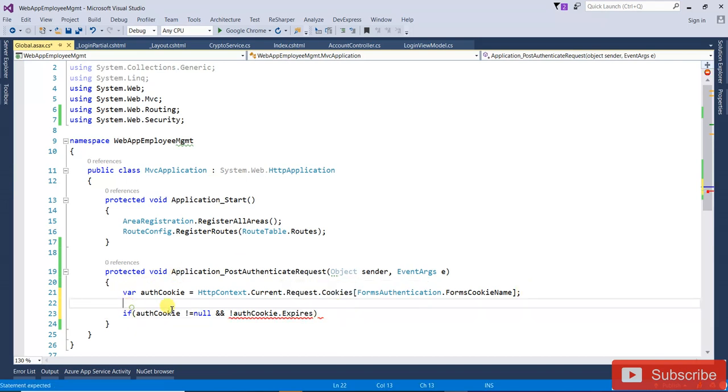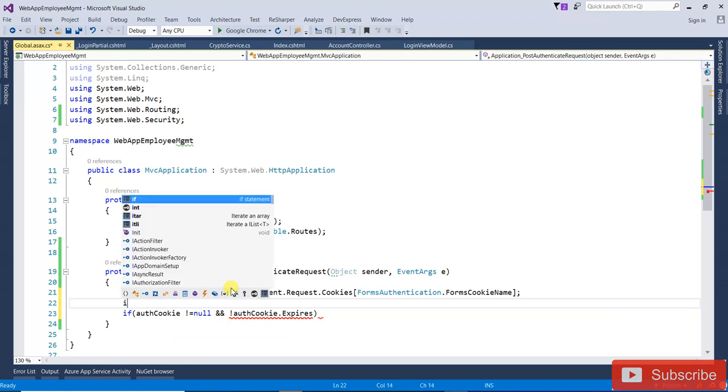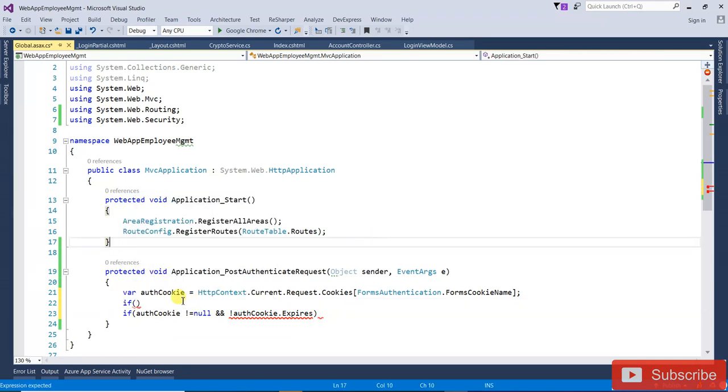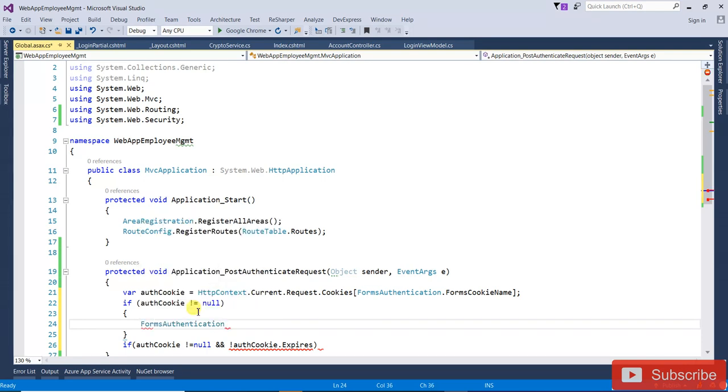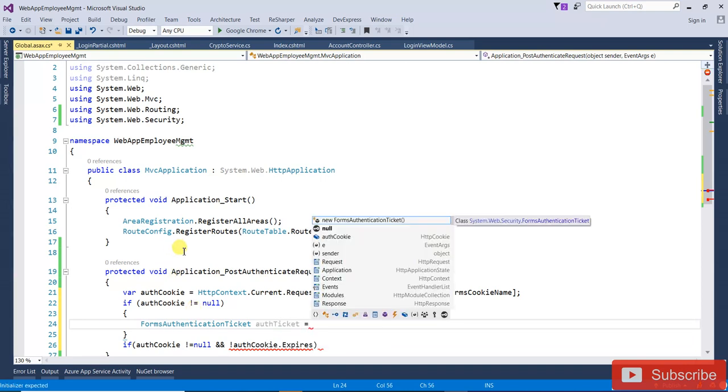Before that, first I have to check that if the auth cookie does not equal null, then FormsAuthenticationTicket, I'm going to write authTicket equal to, now we need to decrypt